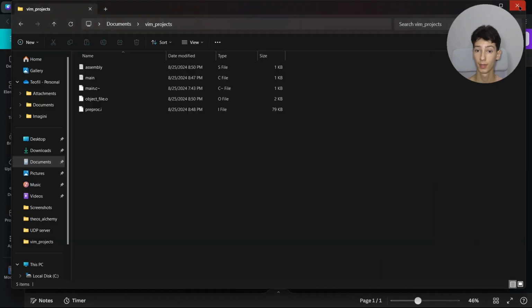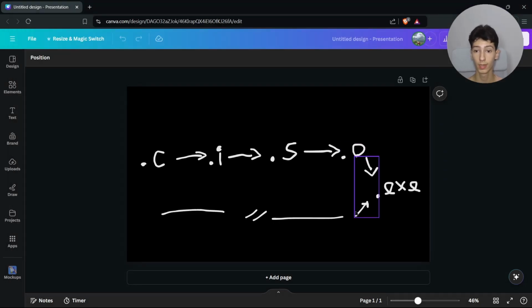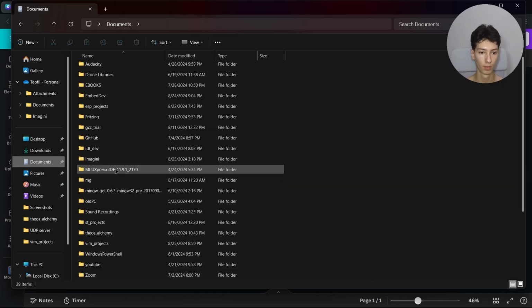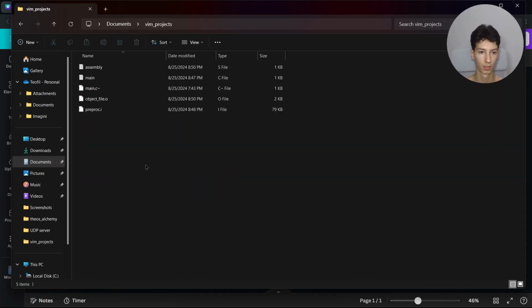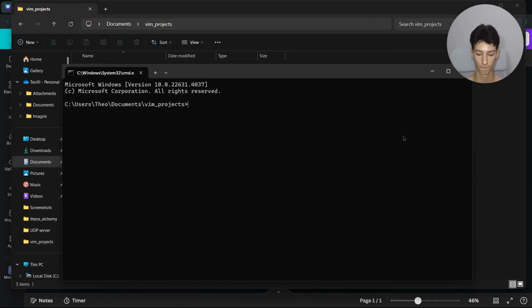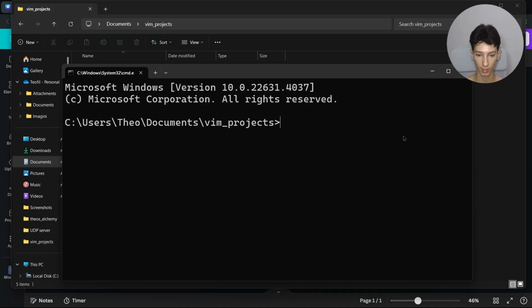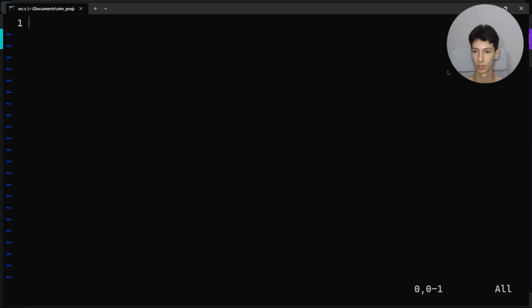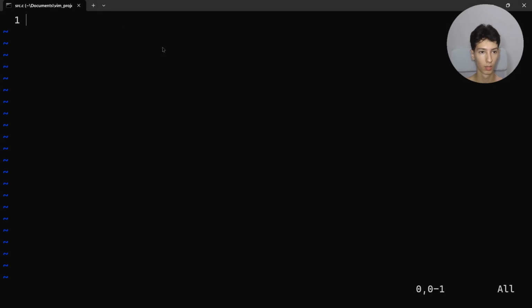And now the last step is basically to link all the object files that we have in our project and to generate the executable. And so let's create another source file, compile it, and then link the object files. So I'll go again to my folder in projects, and I'll open the terminal over here. And let's create vim source.c, and actually let's make it bigger, like this,